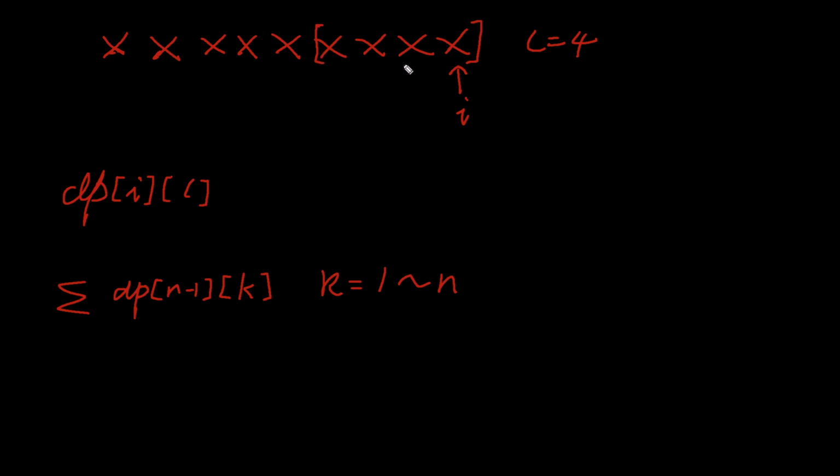Assuming we have L equals 4, how can we get the ways for this state? Naturally, we look at the previous letters. The ways we can get to the current state depend on the previous number being smaller than the current one. The previous number has to end right here, because remember we're splitting this array, so there couldn't be any skip or gap here. That's why we have L equals 4, and this number